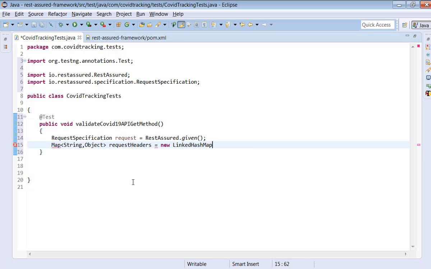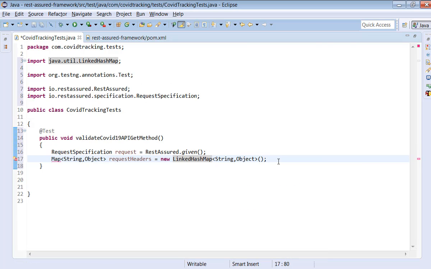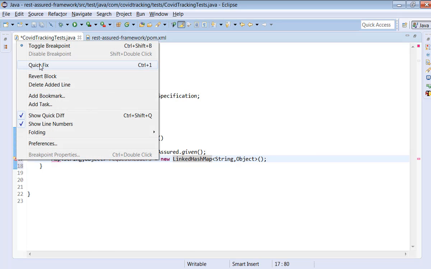Let's take a LinkedHashMap. Okay, what is the difference between a HashMap and a LinkedHashMap? The difference is that LinkedHashMap maintains the order of insertion, or if you are using HashMap also fine, but as of now we use LinkedHashMap. The reason being it maintains the order of insertion. It doesn't change the order. Now let me try to import Map as well.